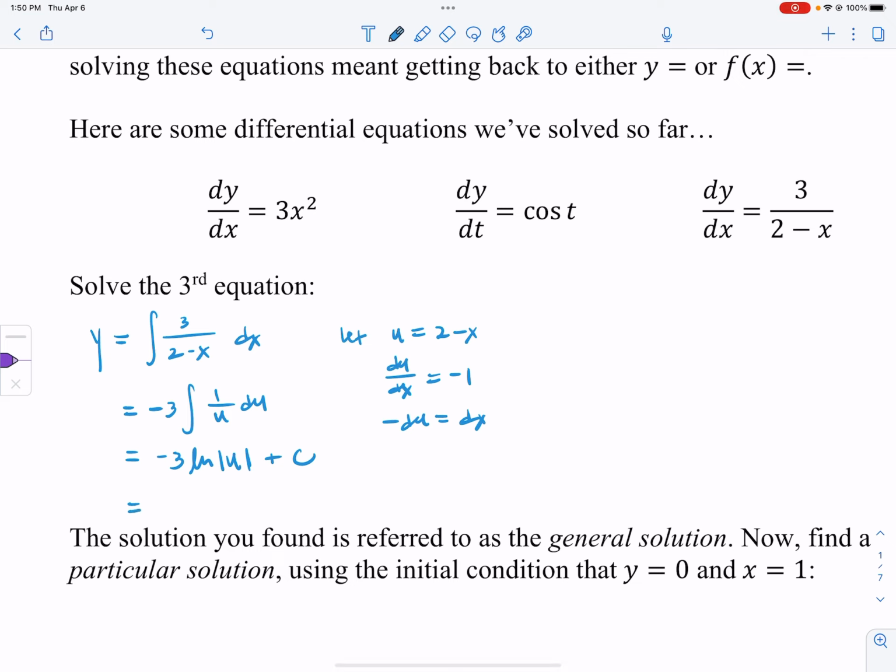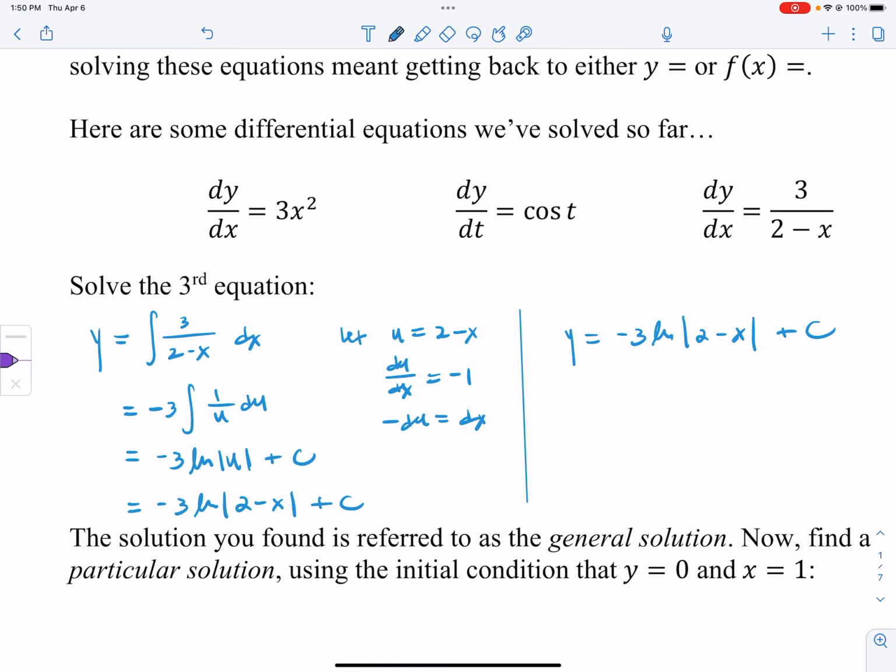And then making sure to substitute u back in. There we go. So we are able to say that the solution to this third equation is y equals negative 3 times natural log of absolute value of 2 minus x